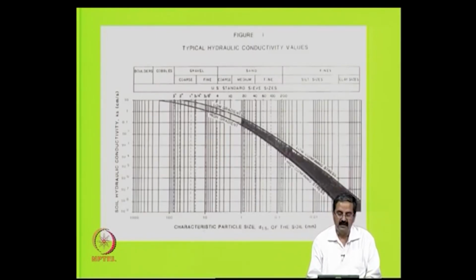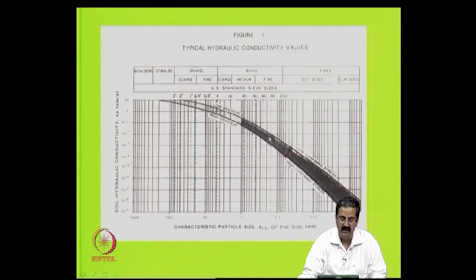Actually, this is another important relationship. This is called typical hydraulic conductivity values. In fact, if you know the D10 of the particles, you know how to get the K value. That relationship is given here, but instead of D10, this is the D15 size, and if you know the D15 size of a particular material, you can find out its permeability, and if you know the confining